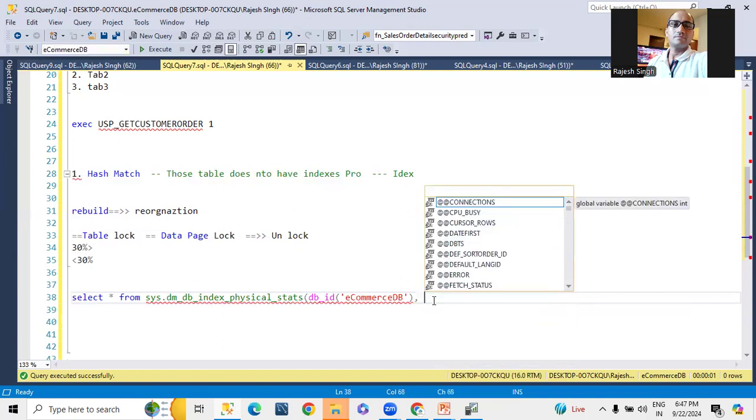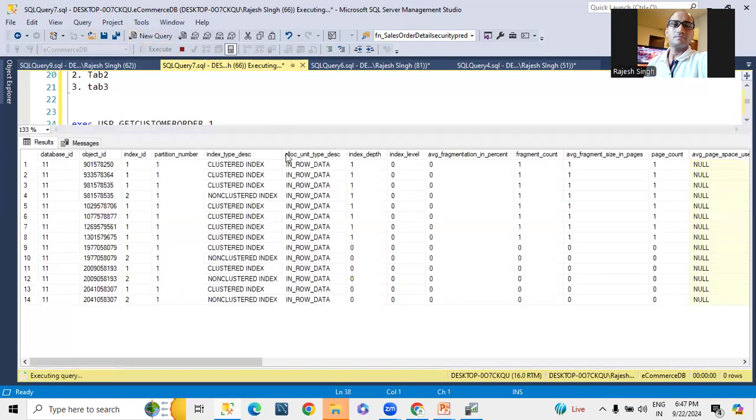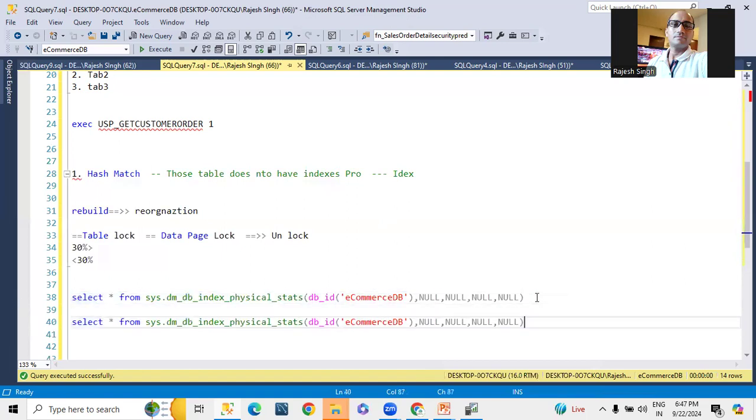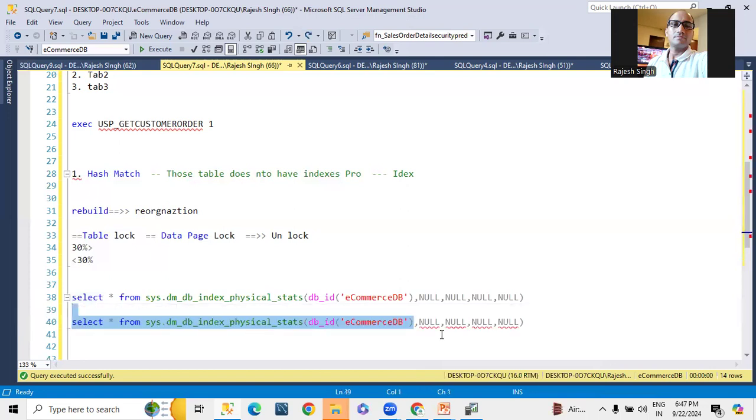Okay, let me skip this. And after that, once again, I passed DB_ID. Let me go for the null. I'm going to pass it, and after that I can explain what null is here. Okay. Let me go. What are the inline value parameters there? Let me remove. I'm going with, okay, sorry.